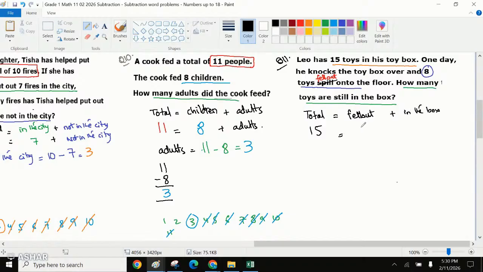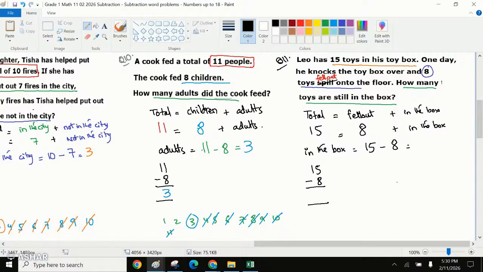So 8 of them fell out. So how many are left in the box? We can say these many toys are in the box: 15, the total, minus the ones falling out. 15 minus 8 should be,